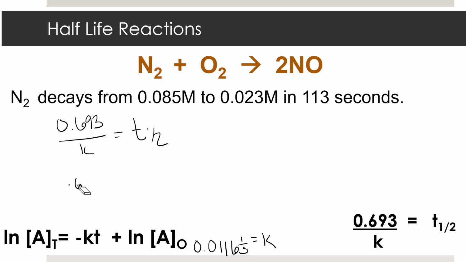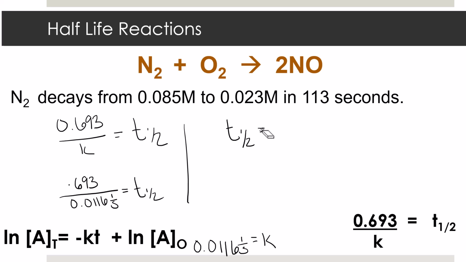That is 0.693 divided by our k value, which is 0.0116 1 over seconds. So the half-life of this particular reactant is 0.693 divided by 0.0116, and we get